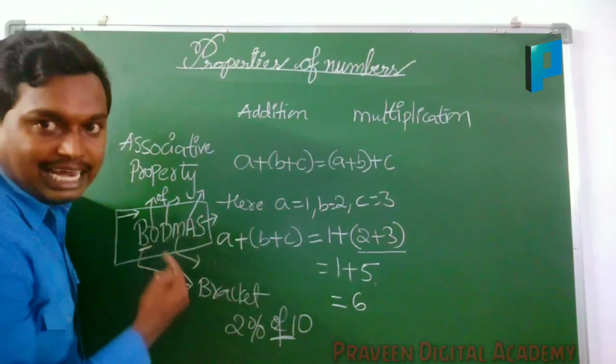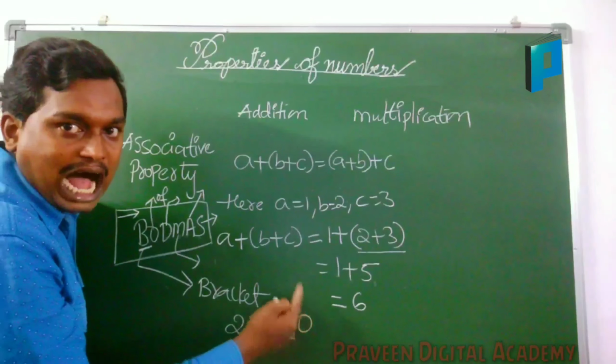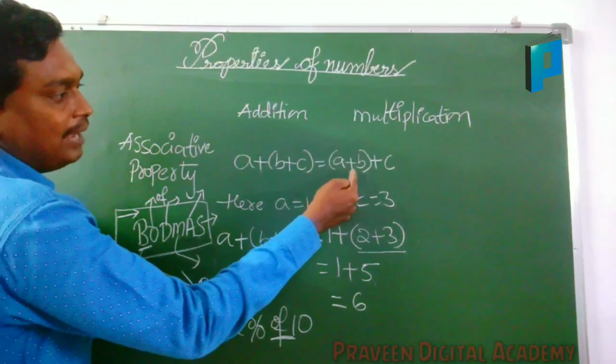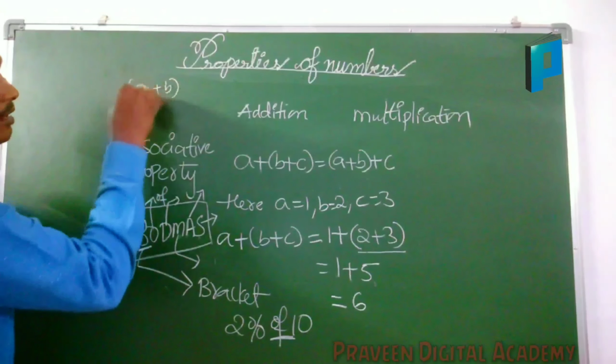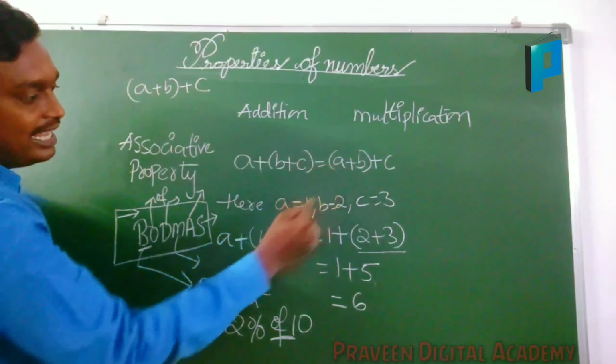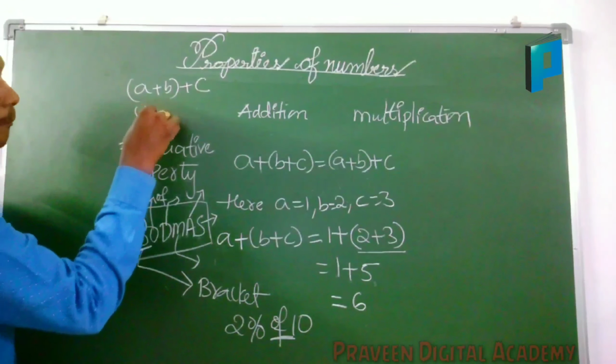Now, here I did the LHS. I will go with the RHS. What is the RHS I am having? A plus B plus C. What is A here? A is how much? 1 plus 2